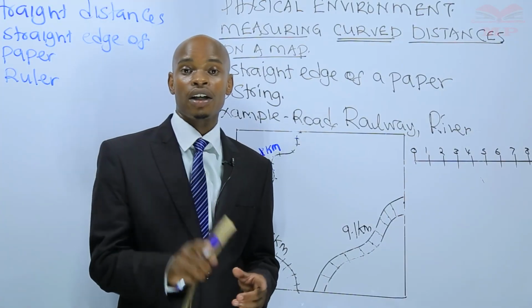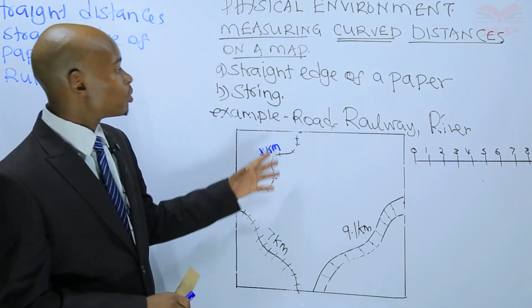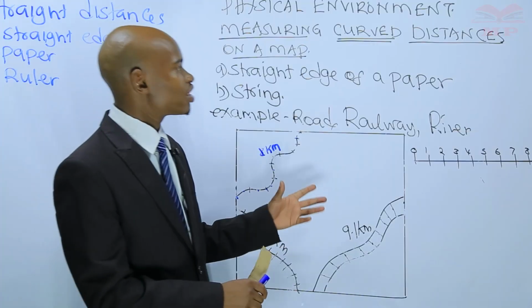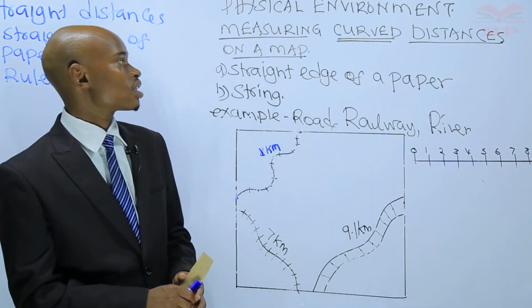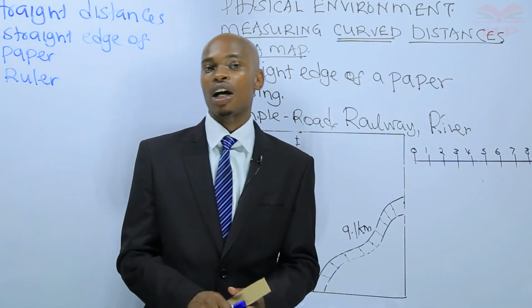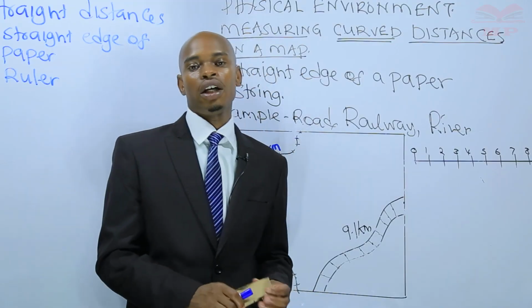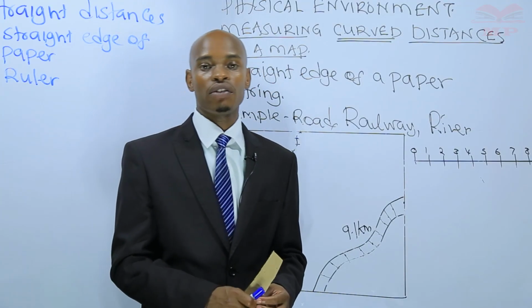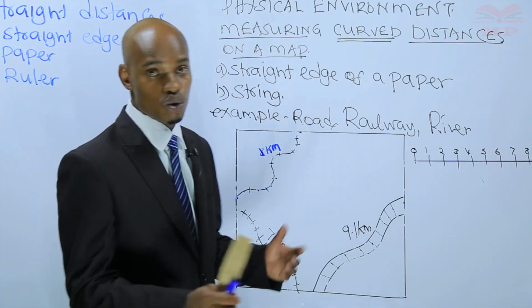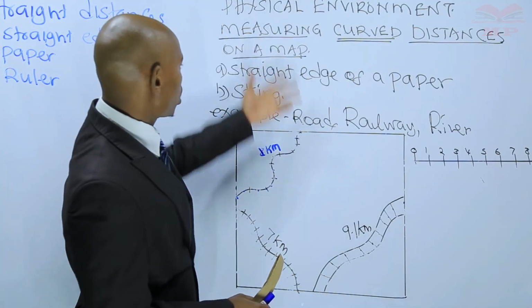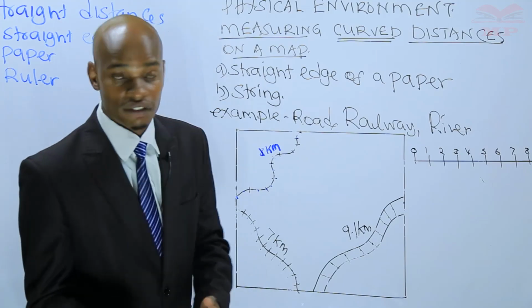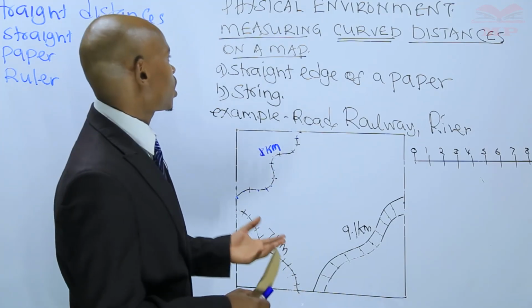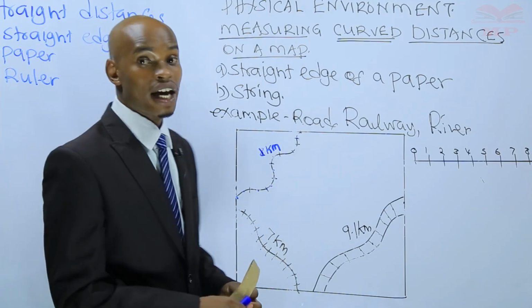And for your activity back there, so that you can practice what we have learned today about measuring curved distances on a map, you can get an activity in our lives today, Oxford Activity 6. It will give you an exposure and a good platform to at least do for yourself, measure for yourself curved distances in that course